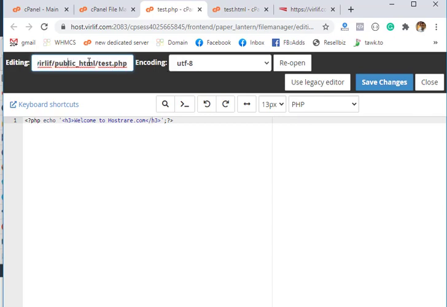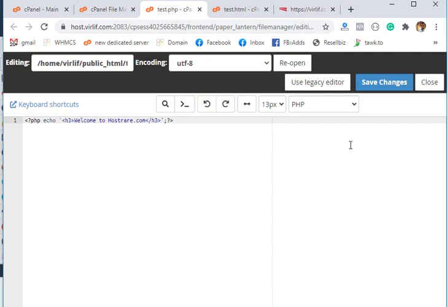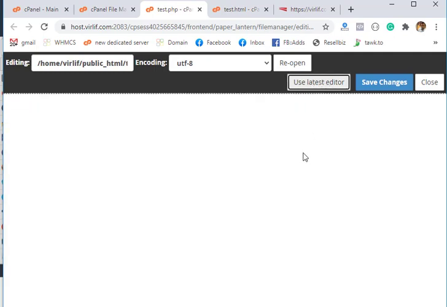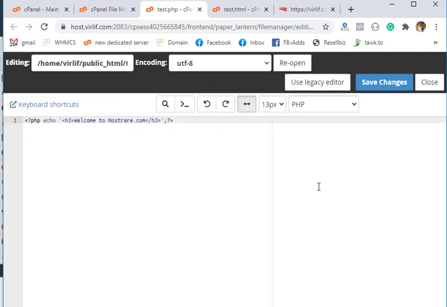And another thing I need to inform you, this is the file location showing at the top, which file we are editing, and this is the encoding type, several encoding types here, but it is an advanced thing we'll show you later. And here is a button. You may ask, what is this? It's a legacy editor. When cPanel started their project to provide us this control panel, this editor was a nice one, but later on they updated to the latest editor. It's just editor things, functions are changed.